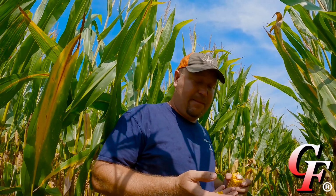But the fact that it's just now getting the black layer, even with this insane amount of heat we've had this week, is also good for yield, because I would have expected this stuff to black layer at least a week ago, if not 10 days ago, based upon the planting date. So that means it did have an extended growing season. So ultimately, yield might not have been hurt that much. We just won't know until we get the combine in here. We don't know what each of these kernels weighs. But anyway, this variety is a DeKalb